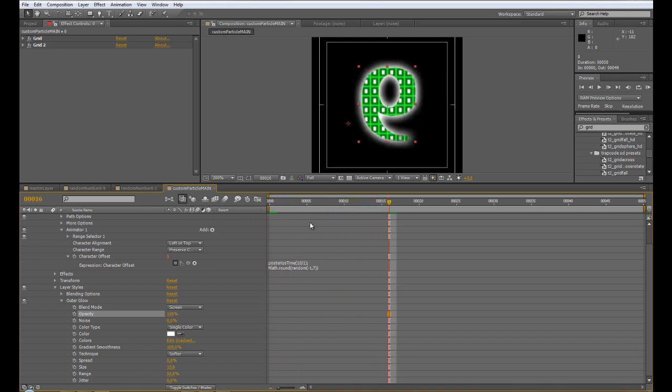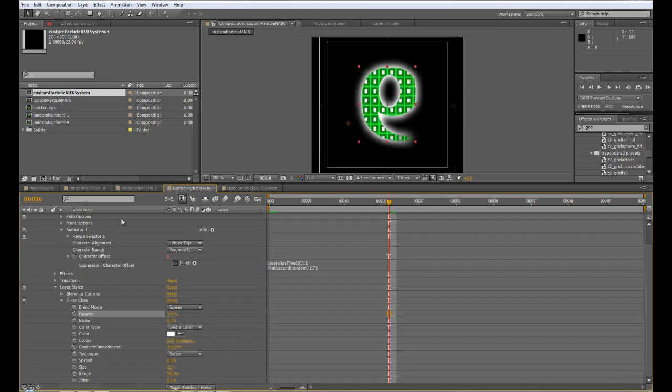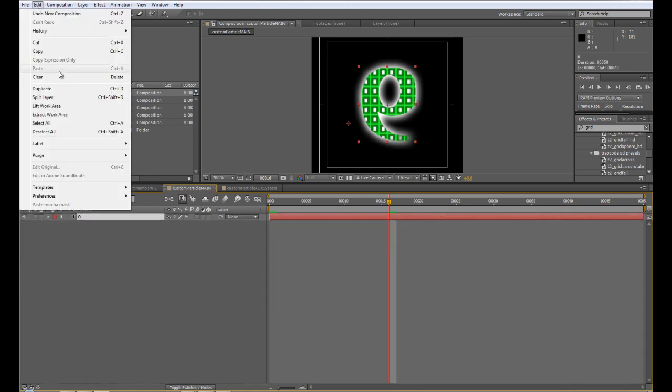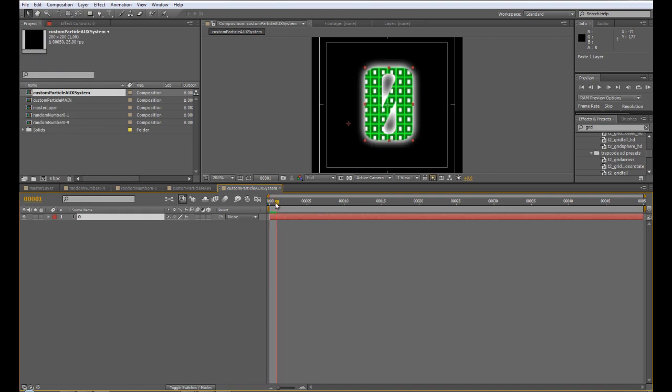Now you have to create a new composition. You go to project, new comp, you call it custom particle aux system, same settings, okay. And then what you do is you duplicate the text you've done for the main particles. You go to edit, copy, and paste it in the newly created composition in the aux system. Now you have the same effect in here, but what you'll do now is change the expressions